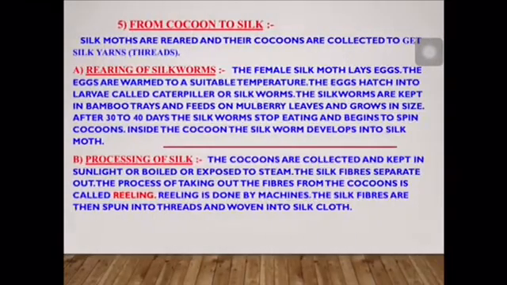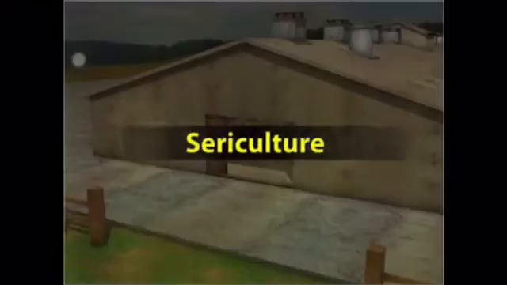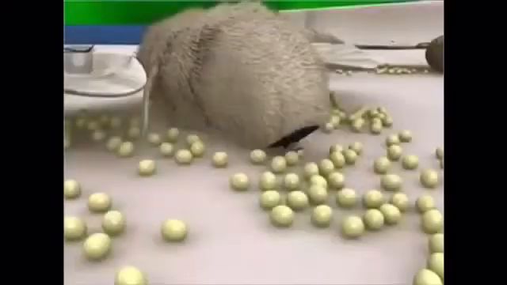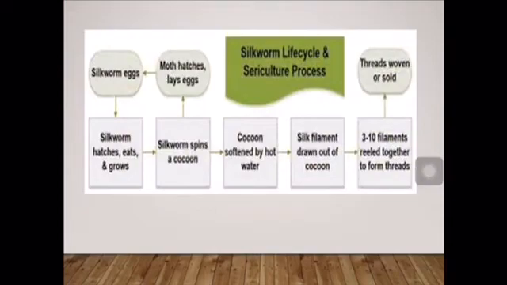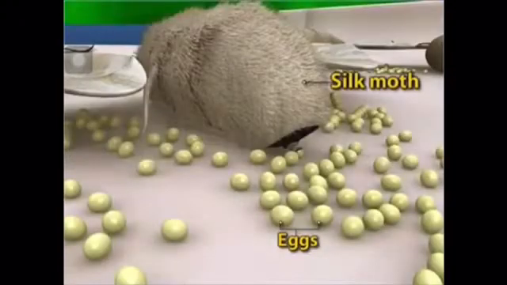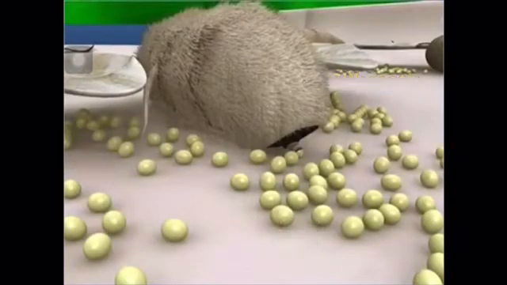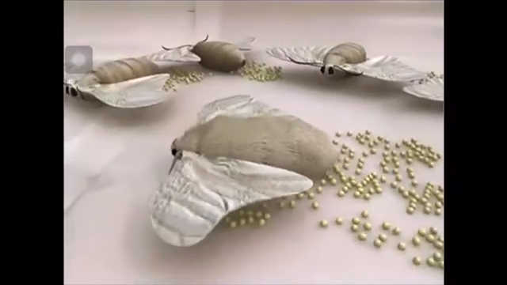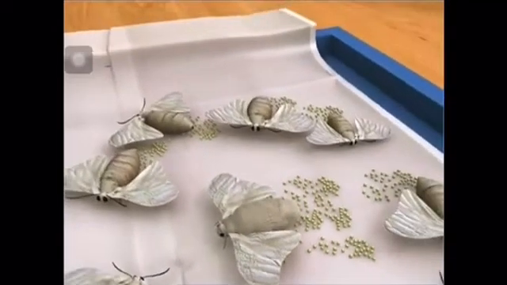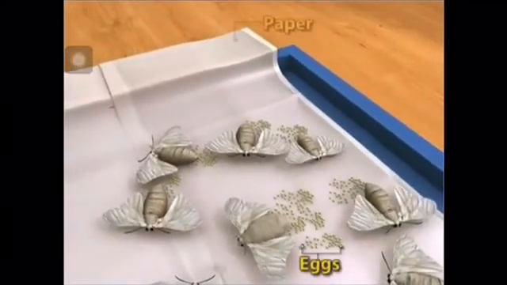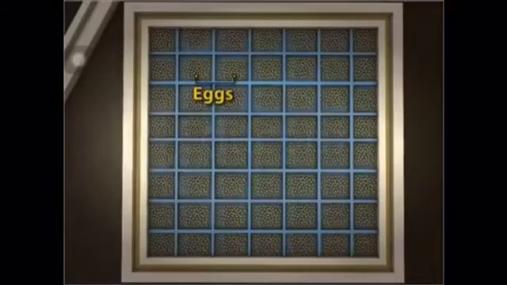The process of silk production is known as sericulture. The entire production of silk can be divided into several steps which are typically handled by different entities. The first step in the sericulture process is that the silk moth lays hundreds of eggs. The laying of silkworm eggs occurs in controlled environments such as an aluminium box, where they are then examined to ensure they are free from disease. The female deposits 300 to 400 eggs at a time.